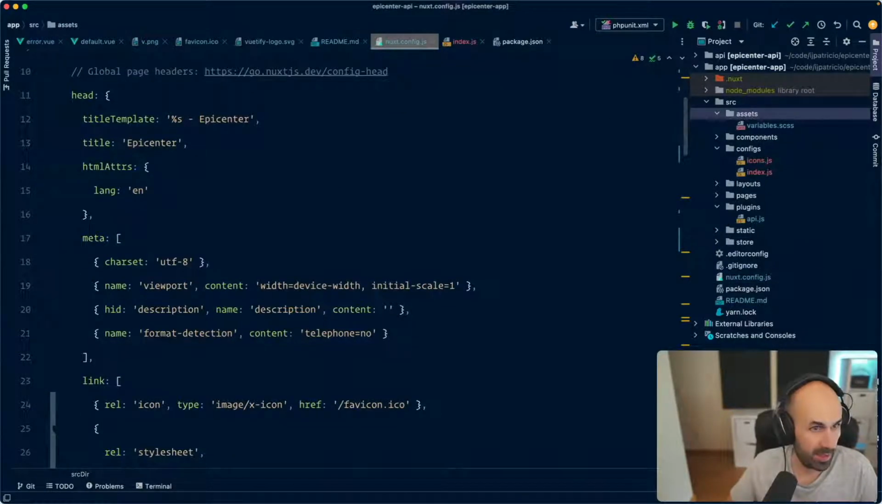So I'm guessing these assets are just not the same, right? There's not. So